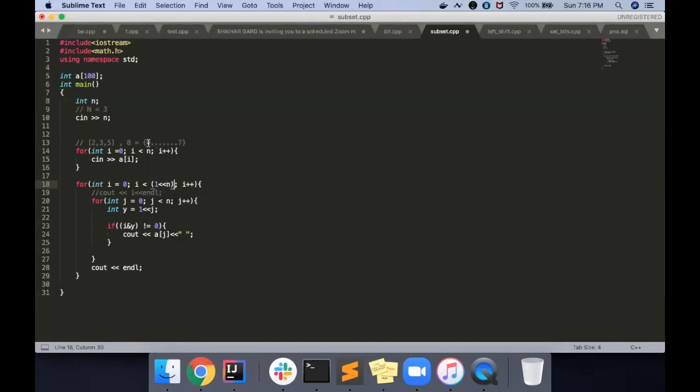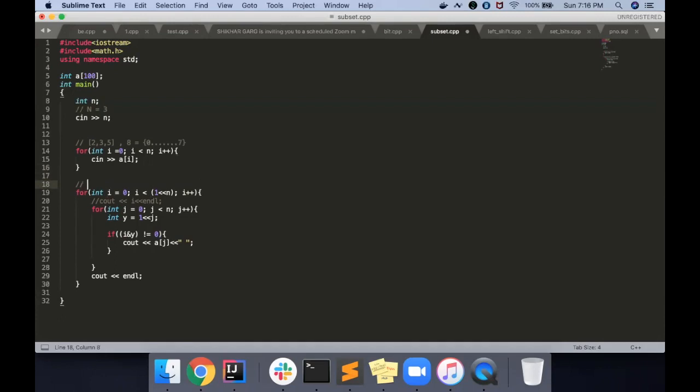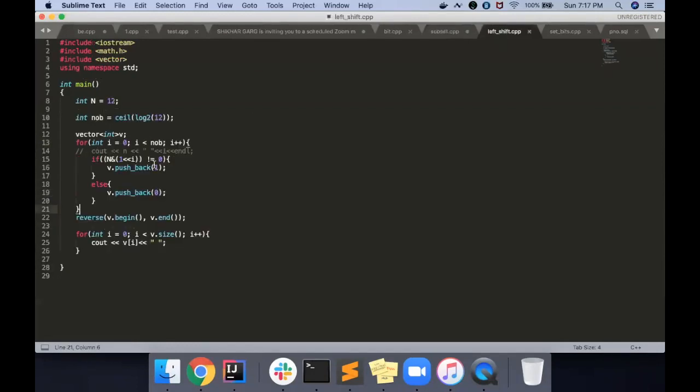Now for every i, every number is representing a subset. So every i will give me a subset, and you have to find the binary of i. Like we discussed for one more example with 4 numbers 2, 3, 5, 7, we'll have to go from 0 to 15 and pick any number, and it will give you a subset. In this case, go from 0 to 7, pick any number, and you have to print all. So now you have to print the binary of i. We learned just now how to print a binary.